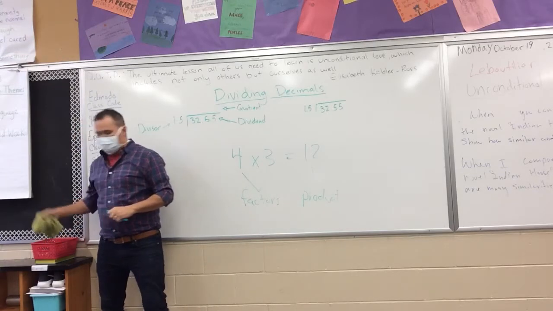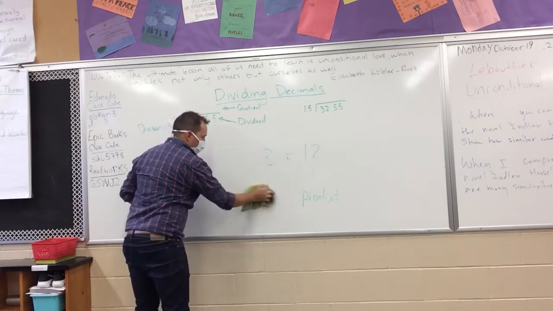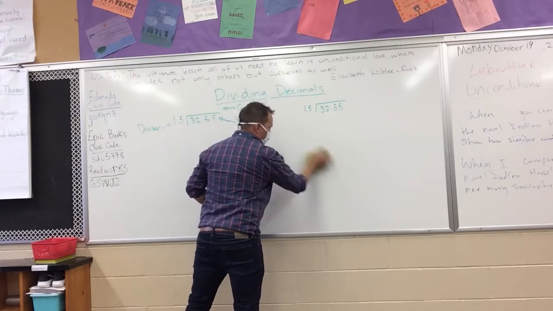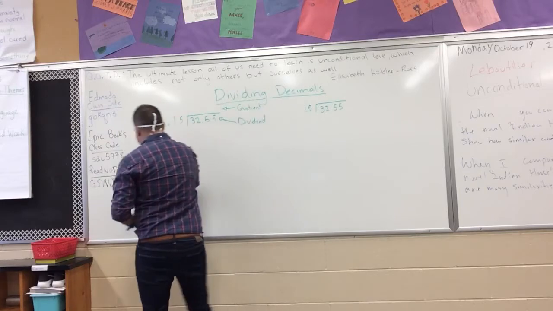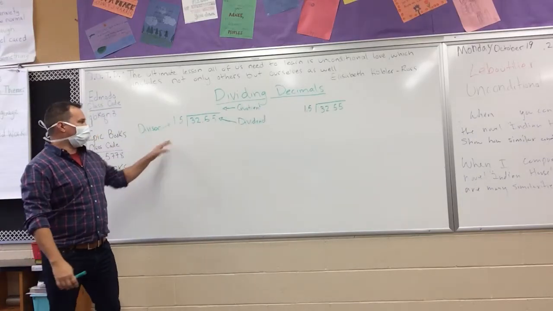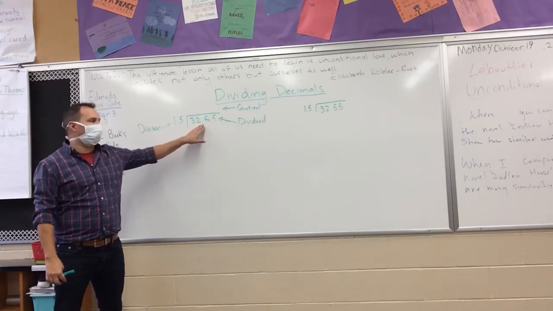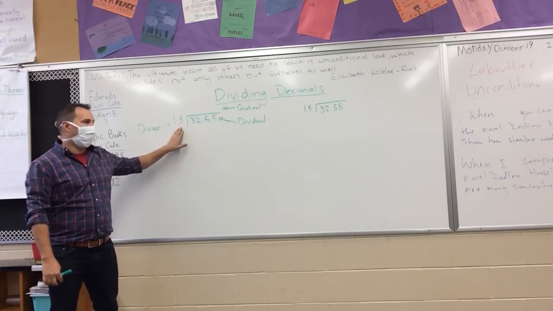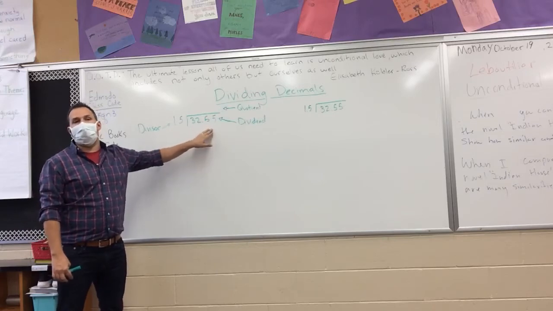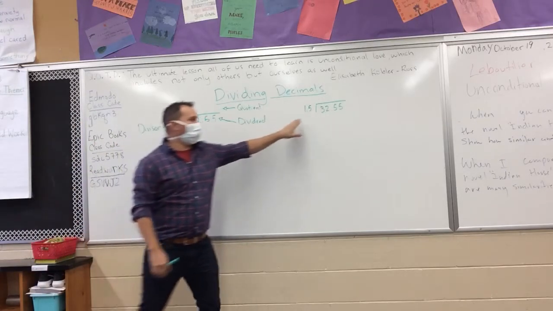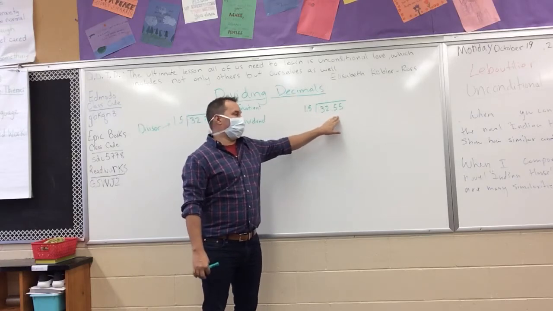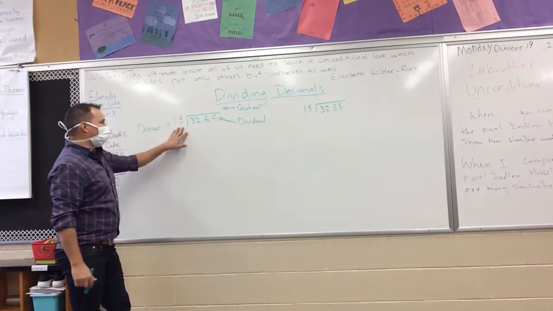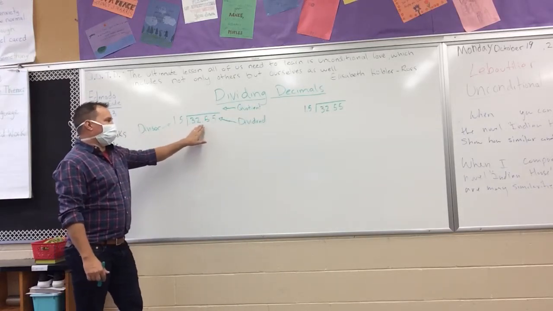If we go through and look at this, there's two types of decimal division questions we're going to be looking at today. One is really simple, and the other is a little bit harder. The first one has a decimal in the dividend. There's no decimal over here in the divisor, just in the dividend, so you're only dealing with one decimal. Over here, we're going to look at what happens when you have a decimal in the dividend and a divisor. So if we look at 32.55